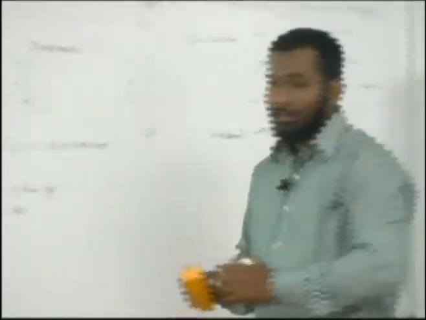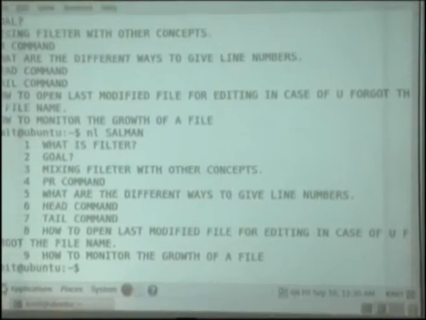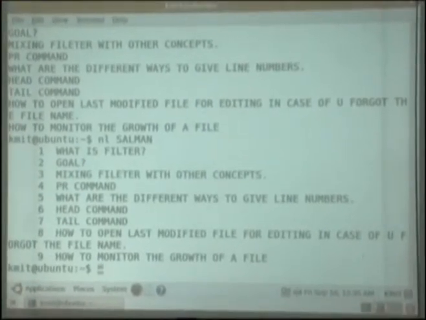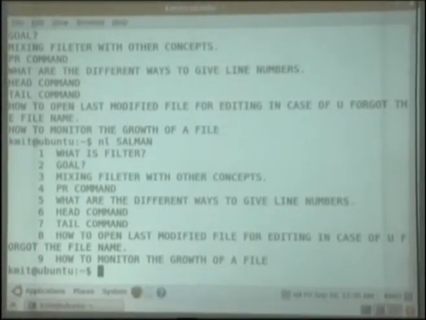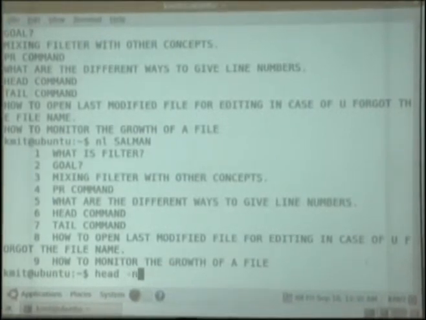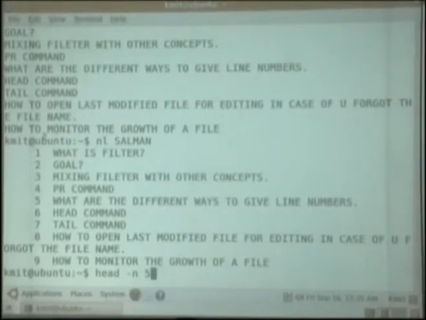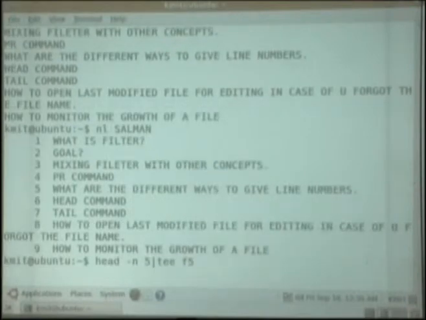So let's check whether it's working or not. So we'll use this command as head option N first 5 lines, then pipe T F5.